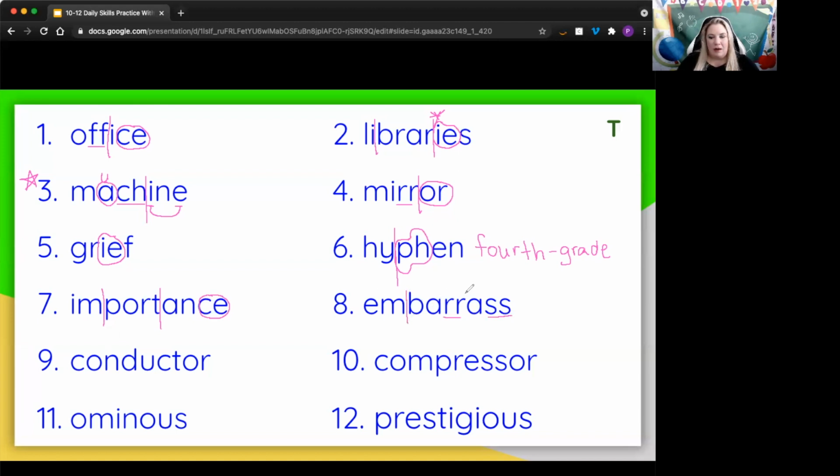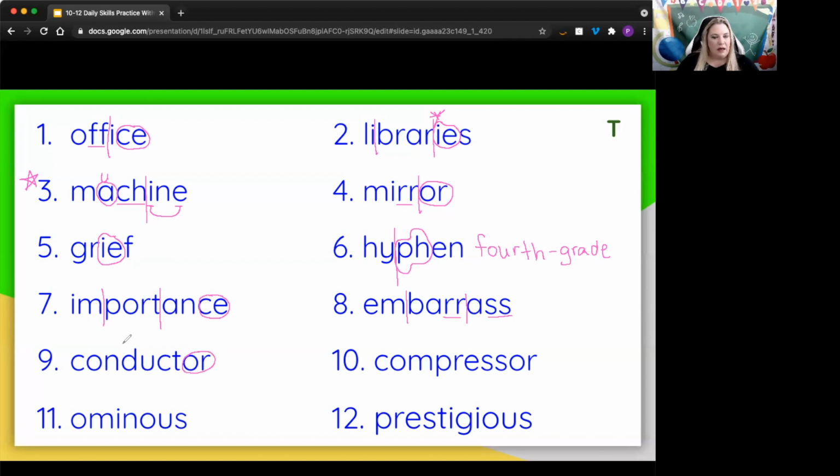Air, bear, embarrass. Are you embarrassed about that? Embarrass. All right, in this word, I see OR. Those work together to make an